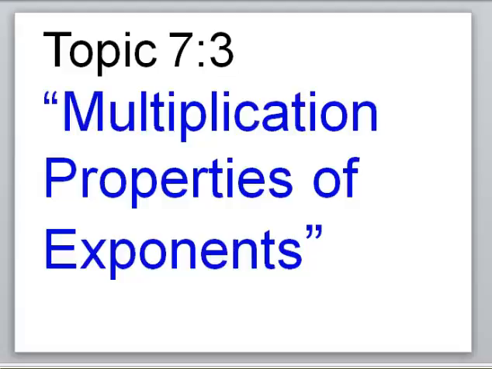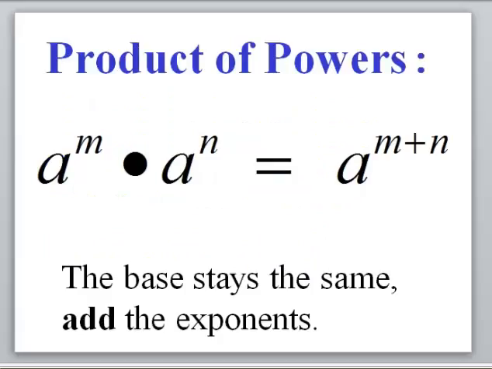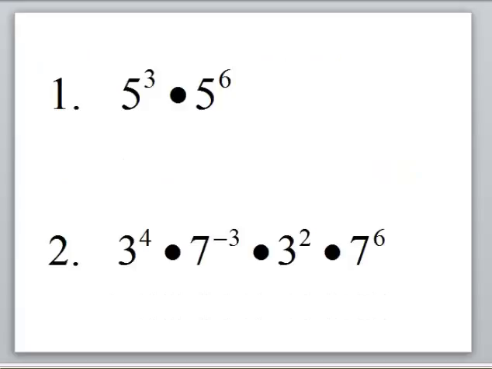Alright, for our topic today, we're going to be talking about multiplication properties of exponents. So, you should have explored in the lab and found out that a to the m times a to the n is really a to the m plus n. So the rule is that we're going to add those exponents together. I will explain to you logically why that is as we go through some examples, in case you have not completed that lab. But as we look at this problem,